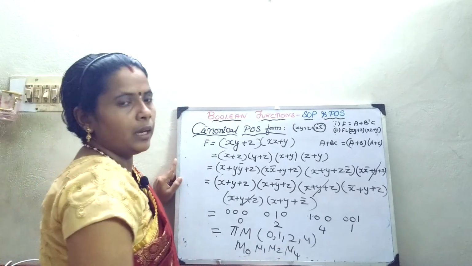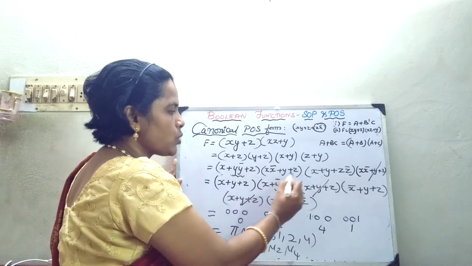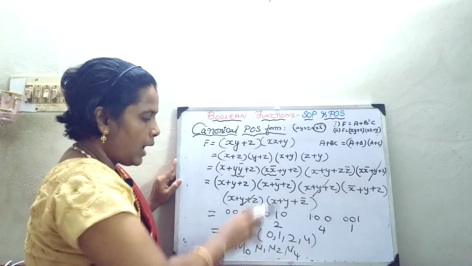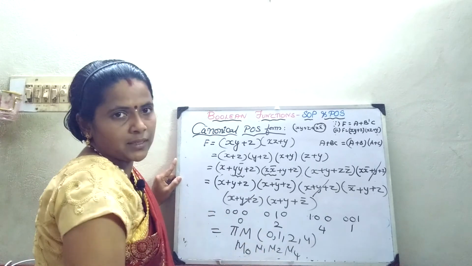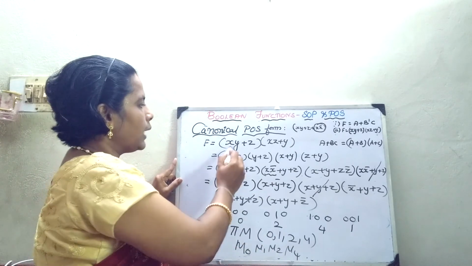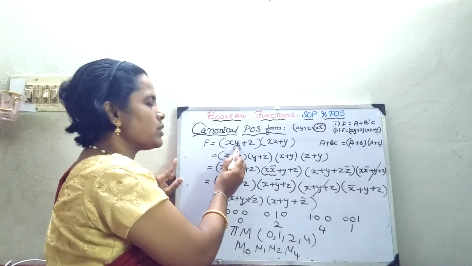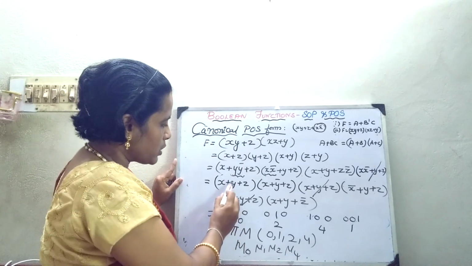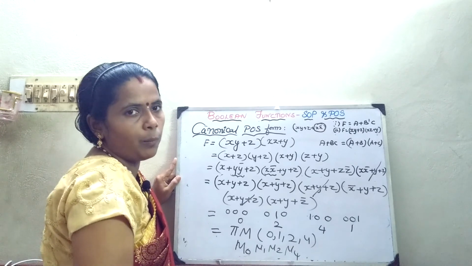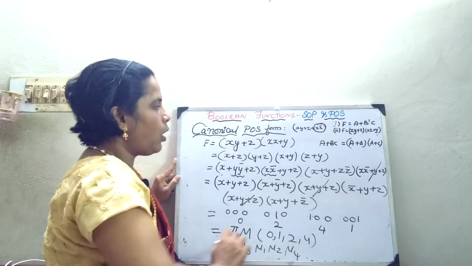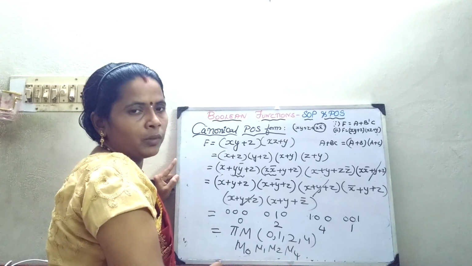That's all. So what you are going to do is add the term which is not going to alter my equation, and then wherever I have a normal value, put 0 and write my max term expression. Now in this you are not having all the literals. Here if you see, xy is missing, here z is missing. But here in all the terms all the literals are present, either in normal form or in complemented form. So this is how you have to write the expression in canonical POS form. Thank you students.